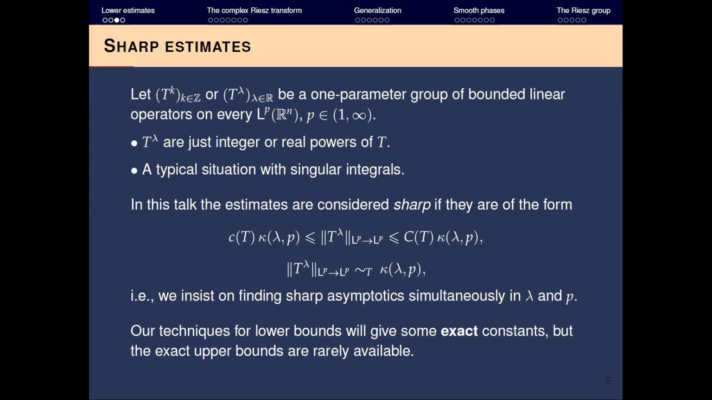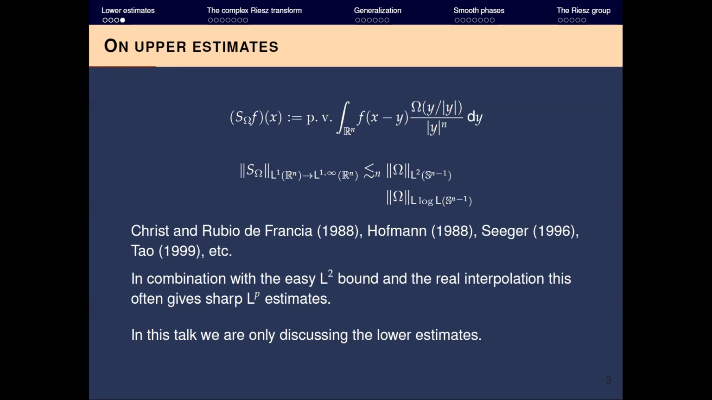I mean, a prototypical example will be the Ahlfors-Beurling operator. You can make conjectures about lower bounds, but if you cannot match them with an exact upper bound, then you never know if these are sharp indeed. Okay, and since this talk will be primarily on lower estimates, I'll only spend a few words on the upper